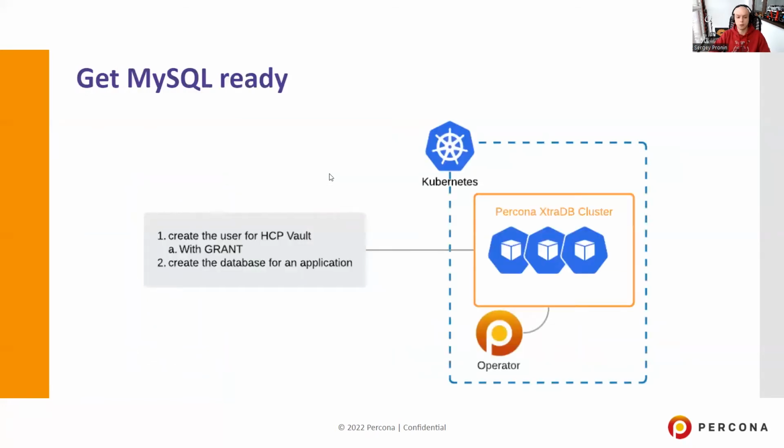So first of all, we'll need to configure our MySQL. As I said previously, it's simpler for me to deploy it in Kubernetes, but it can be any other MySQL deployment, right? So we have Percona XtraDB Cluster deployed with the operator on Kubernetes. What we need to do to prepare for HashiCorp Vault integration is to create the user for HashiCorp Vault, right? This user is going to be